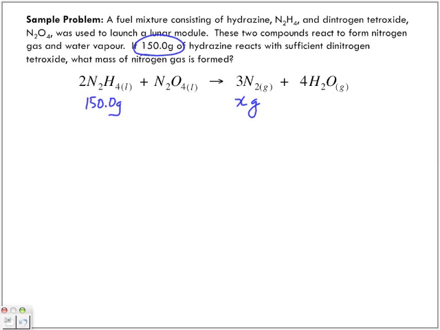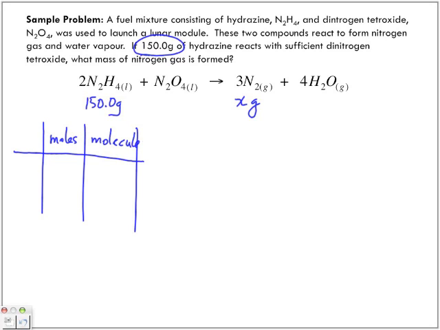So what we're looking at now is that we're not listing within, we're listing between the reactants and our products. So let's start off with our list. So we have moles, we have molecules, and we always list the unknown. So the unknown is nitrogen gas and hydrazine, N2H4. So we know we've got X number of moles, but we're trying to find X number of grams, but